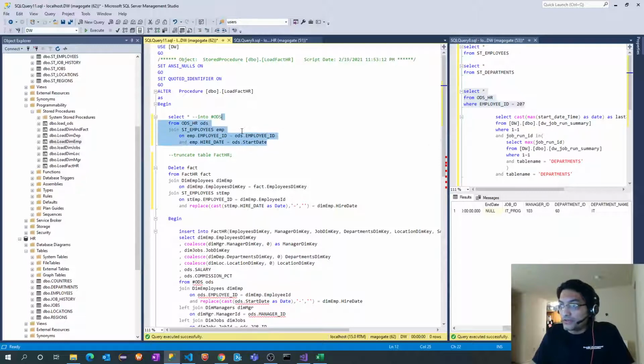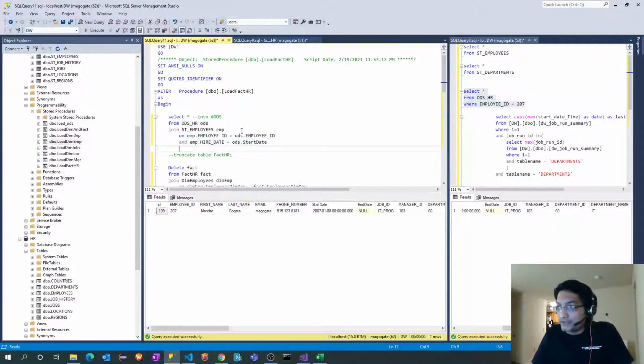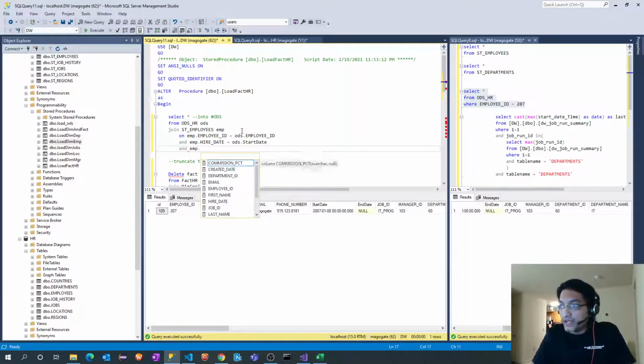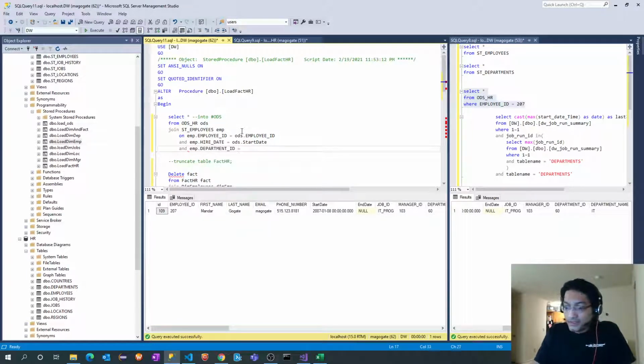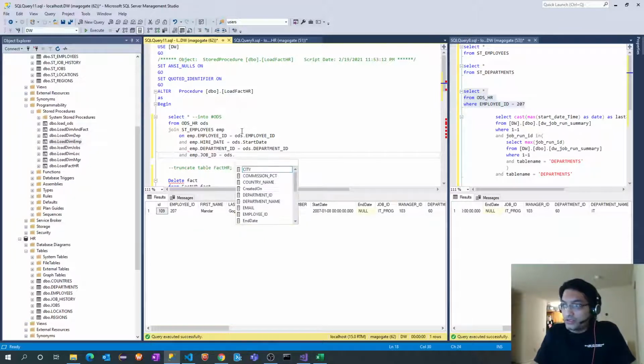So if I execute this, I should see the result, but I will still add another two conditions, because anyway I have those: department ID equal to ODS.department_id and employee.job_id equal to ODS.job_id. I'm just making sure I should not see extra rows. So whatever condition I can add, I will add.